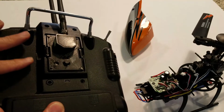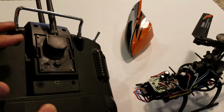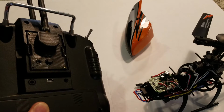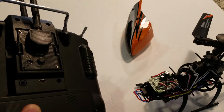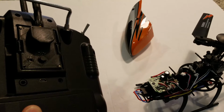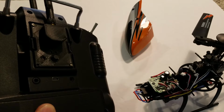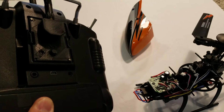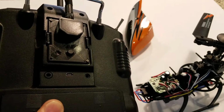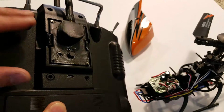I've already made a video about the 4-in-1 protocol module, and basically it is a module that has several chips in it, and these chips allow you to read and bind and transmit in various protocols. You have FlySky, FrSky, Cheerson, Hubsan, KN, Devo, DSM, DSX. These are just some of the protocols that come to mind. There are protocols being developed right now that are being added to the firmware, but basically with this module,